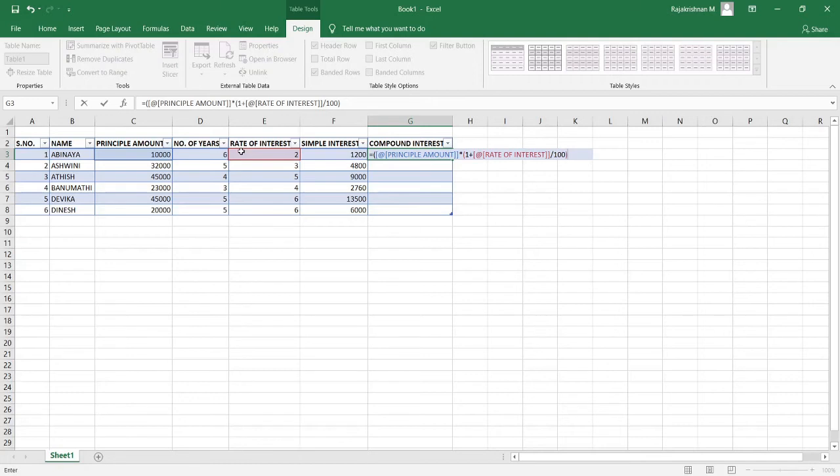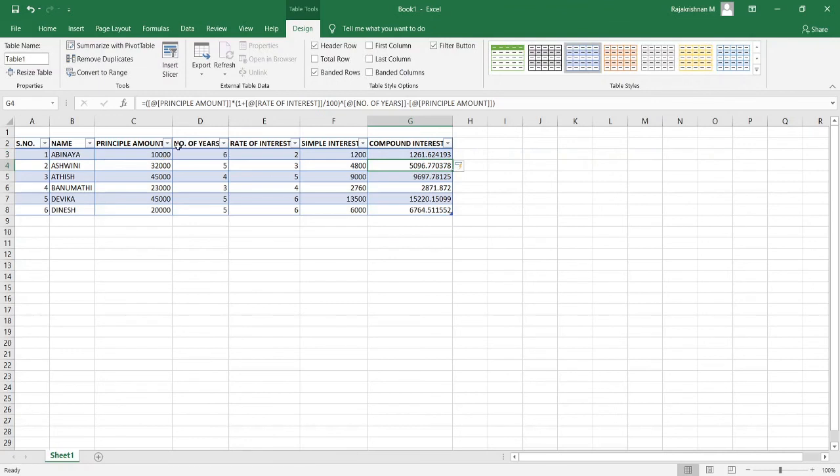It's on top of the 6th key. Number of years we have to choose minus principal amount. So this is the formula to calculate compound interest. So finally we have to close it with a bracket. So if you press enter, you will have the compound interest.